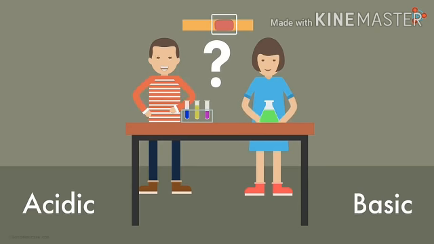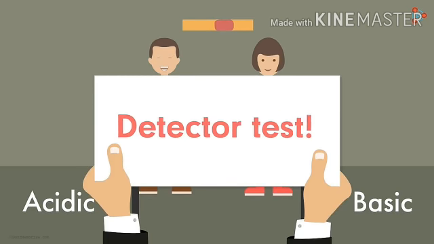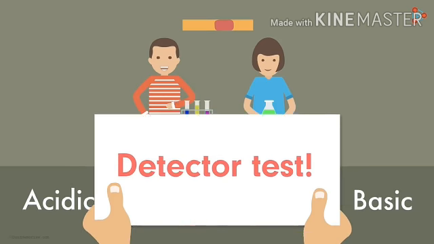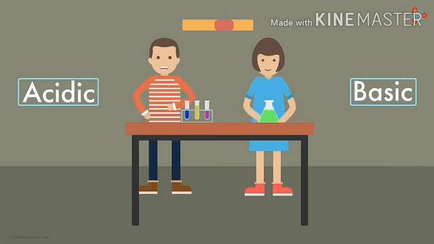Both Zara and Zen were confused with this magic. How did the paper turn red? The teacher returned and explained that the two had performed one of the detector tests. They were supposed to detect whether the solutions given are acidic or basic. And since the yellow paper changed color and turned red, it indicated which type of solution was tested. But how does this paper tell us the nature of this solution?